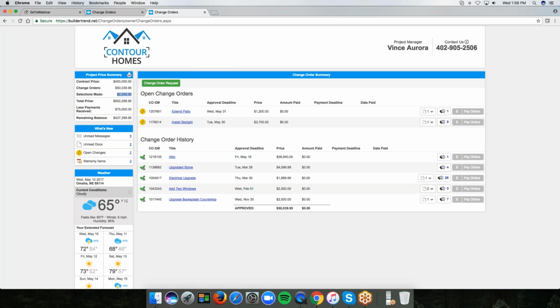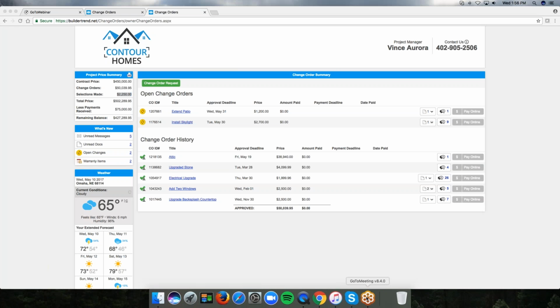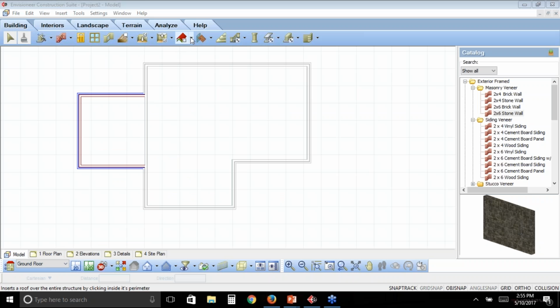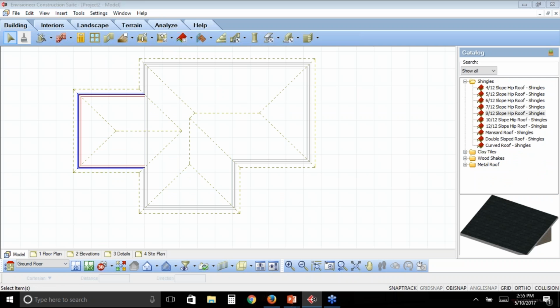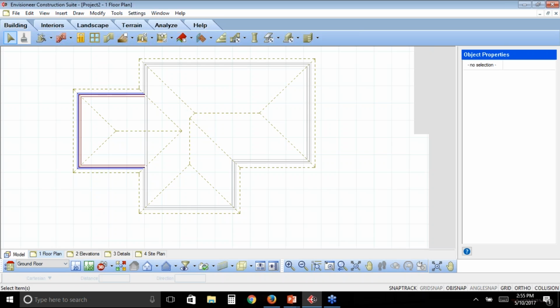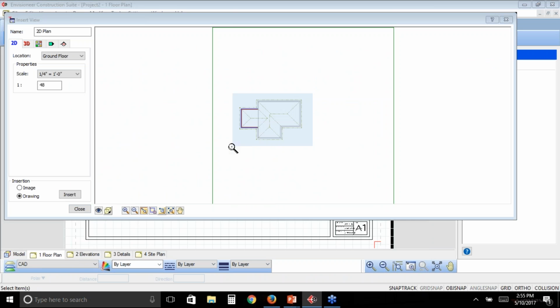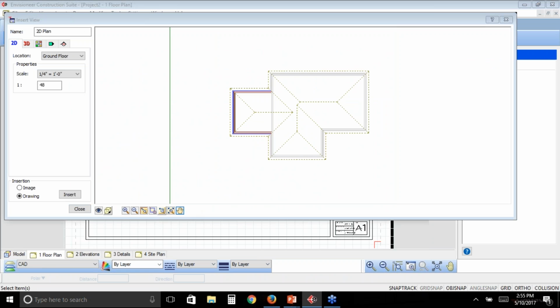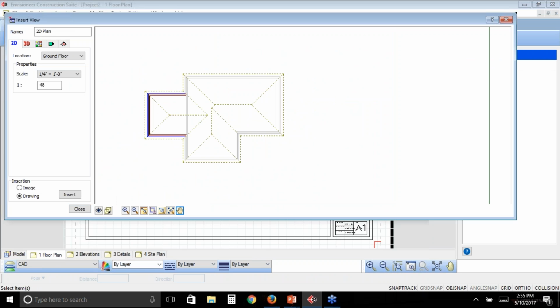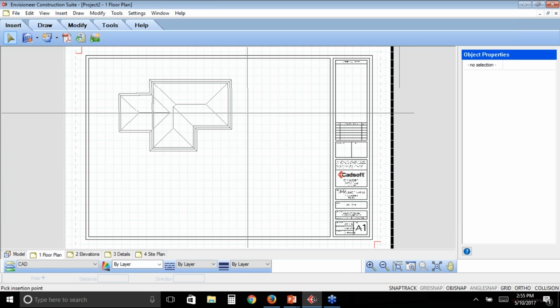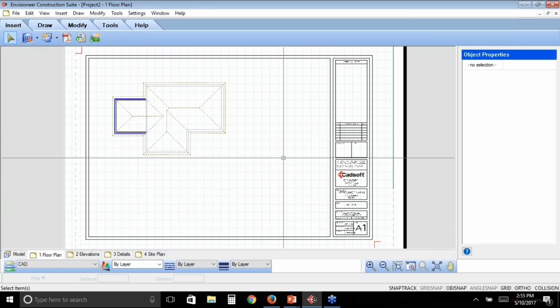Yeah, so I'll flip it back over to my screen right now so that I can show you how we would handle that on our end. So I'm just going to show my screen again, and I'm just going to put a roof on our structure. So we have this roof on, we've got our plan drawn, we've went ahead and started creating our construction drawing. So I'm just going to define the plan view here, bring it out onto a drawing sheet to be printed out. And once I've got that inserted onto my sheet now, our client comes back and says, just like Paul